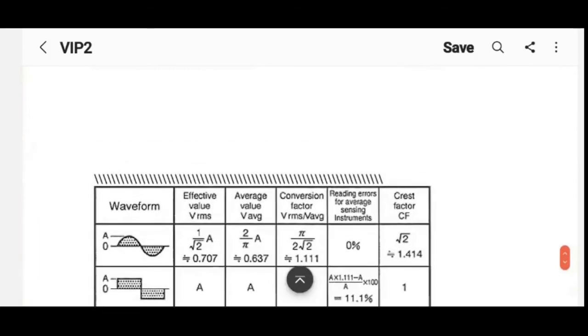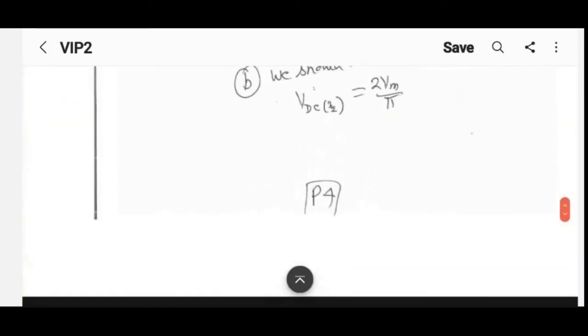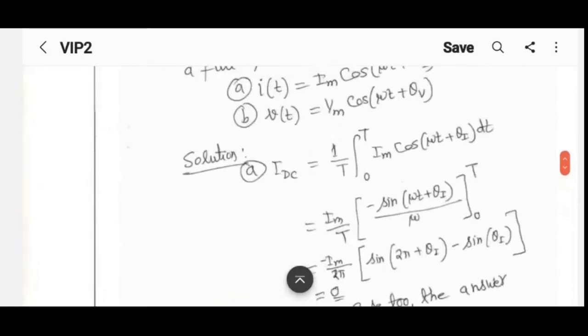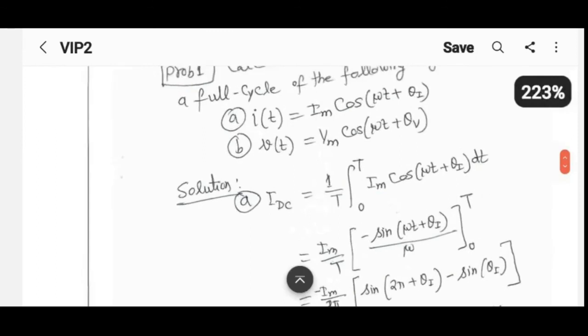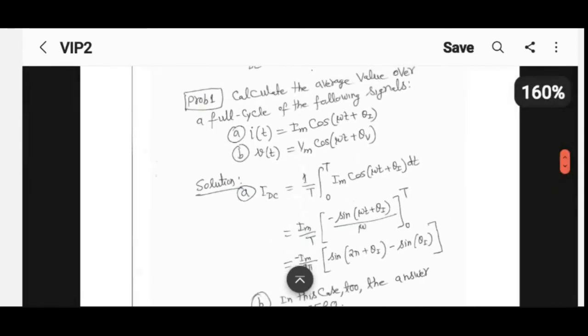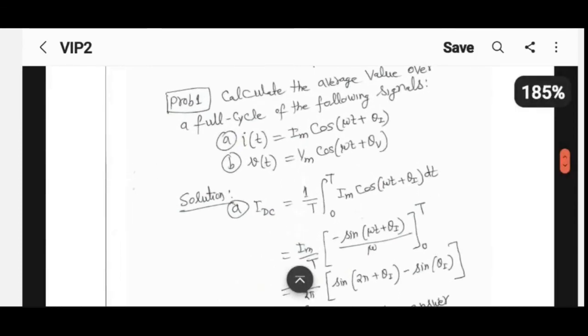But now, from the next lecture onwards, I will be talking about power. Power is simply voltage multiplied by current, that's for sure. If voltage is a function of time and current is also a function of time, you take instantaneous values and multiply them together to get the instantaneous power. And that instantaneous power, like it or not, has quite interesting behavior, because you are multiplying two cosine signals together. And that is what I'm going to discuss in the next lecture.